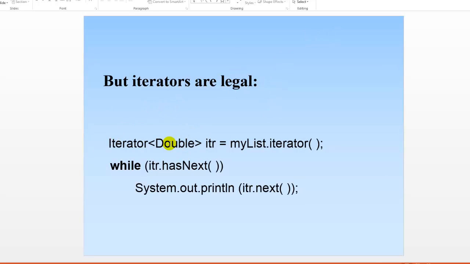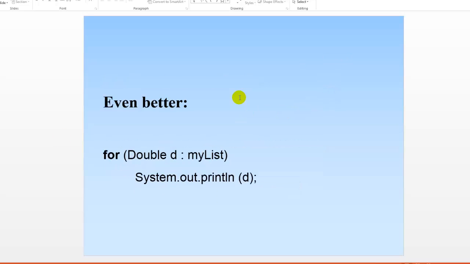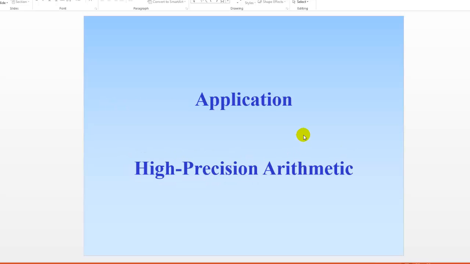You can create an iterator. For example, if you have an array list of doubles, you can create an Iterator of Double equals myList.iterator. It retrieves the iterator, and then you can go through there and use the iterator, but you don't really need to. They're showing you the enhanced for loop. They also give you an example. We're not going to go through the details, but they give you an example of how we do high